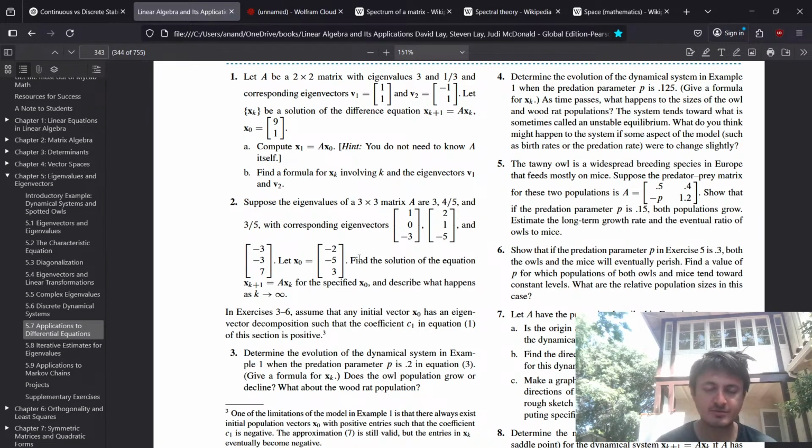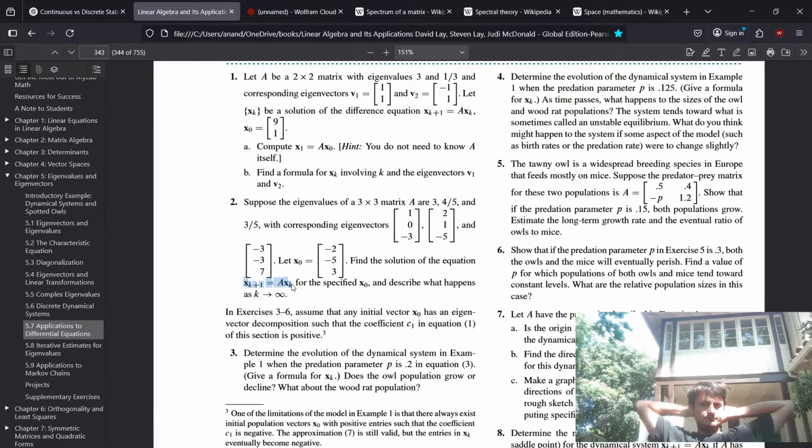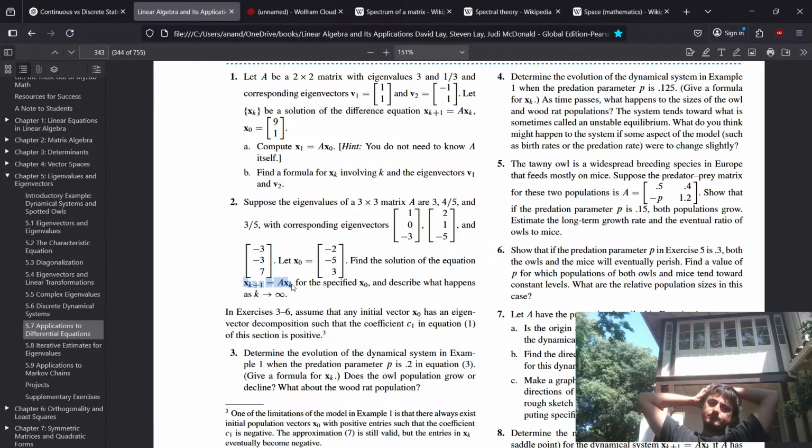To solve this problem, we need to find this solution, which is different than solving it in terms of the eigenvectors. So to solve it in terms of xk,